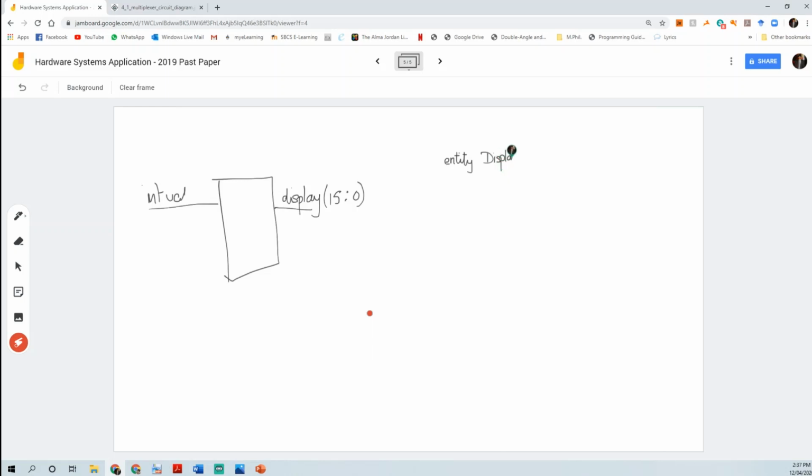I'll call it display unit. Entity display unit is, and my ports are going to be what? Well, taking in int_val here, so I'm going to declare this as a port first of all. Int_val is going to be an input of type integer,